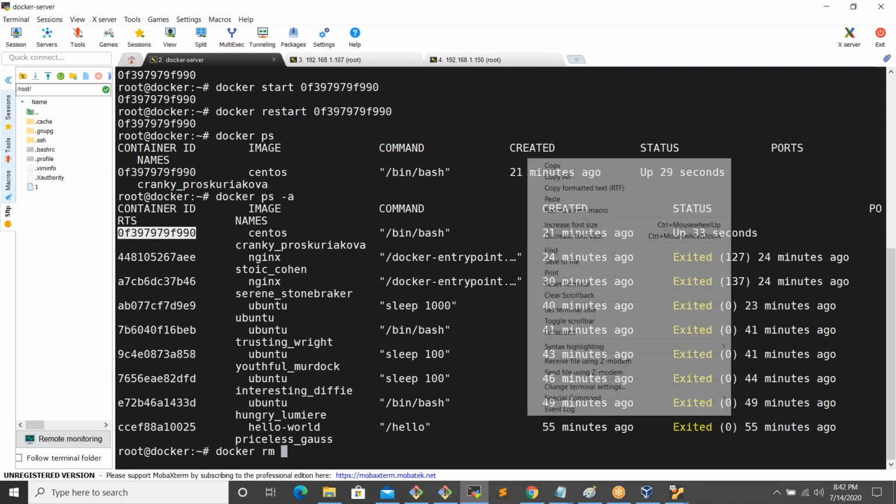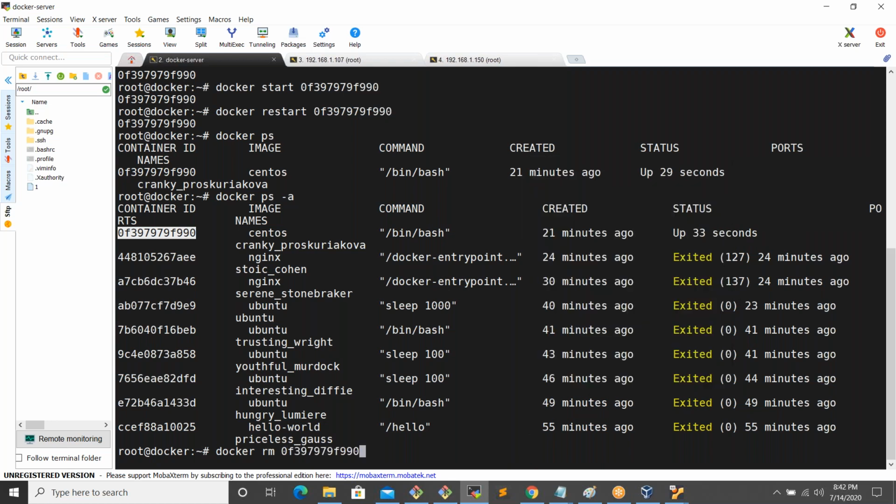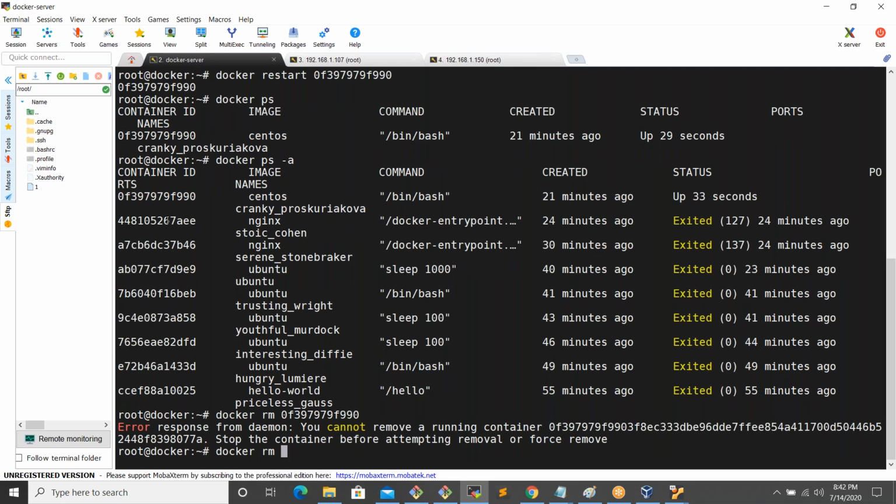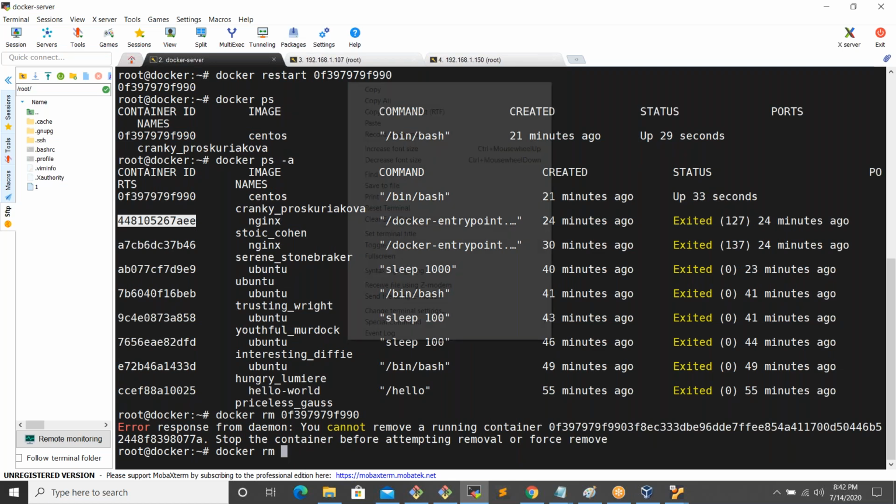So this will delete it permanently, right? What it is saying is, you cannot remove a running container. Okay, this is a container which is currently running, that's fine. Let me go to another container which is not in a running state. I'll choose this container and remove it permanently. Now if you run docker ps -a, guys, then that means when you delete this,